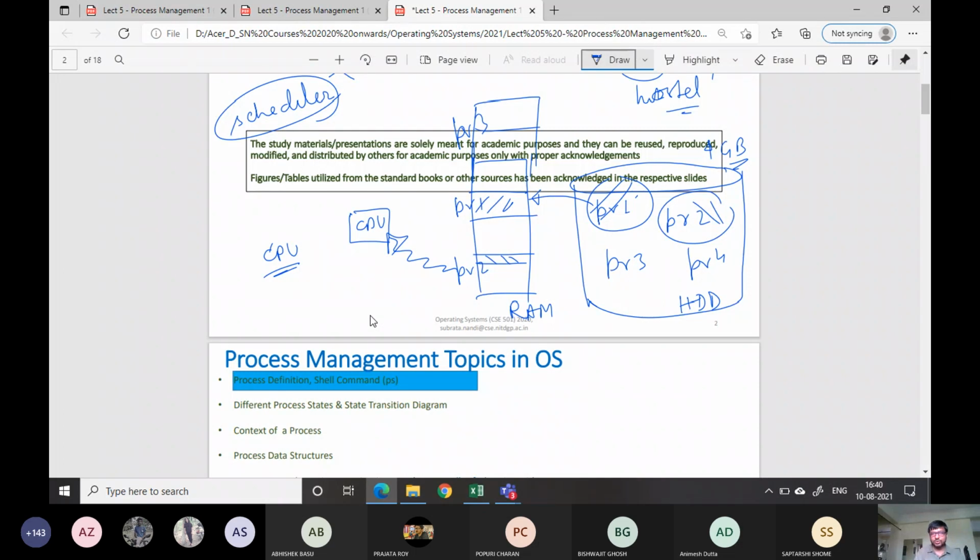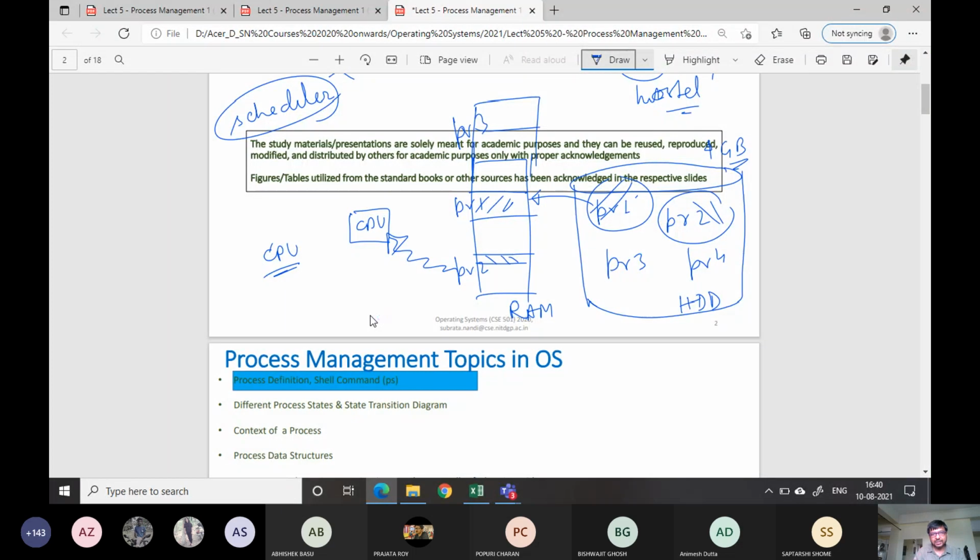During its lifetime, like during the lifetime of a student, during your four years of studentship, sometimes you go for a vacation break, you attend classes, you sit for exams, you go for some other activities like that. In a similar way, a process also goes through different phases,